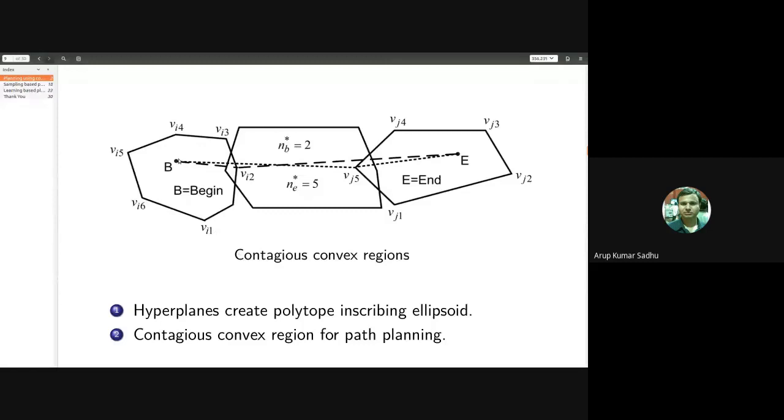So what we did, instead of considering the ellipsoids, we have considered the hyperplane intersections, where hyperplanes are covered by the ellipsoids. So polytopes are created just by getting intersections of hyperplanes. These are basically polytopes you can consider. These polytopes are being created with the help of these hyperplanes.